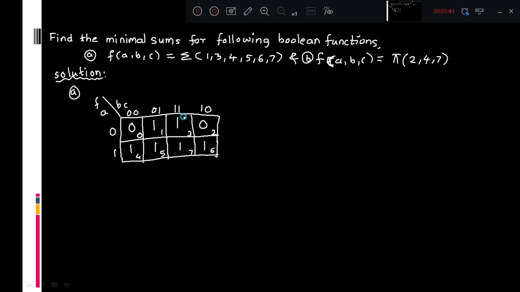So first we can observe here a 4 cell grouping is possible. We can group this 4, and these 4 are physically adjacent. We can group a 4 cell like this. So this particular function f(a,b,c) simplified,